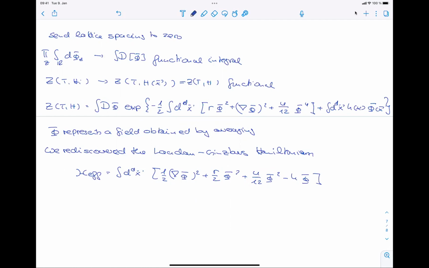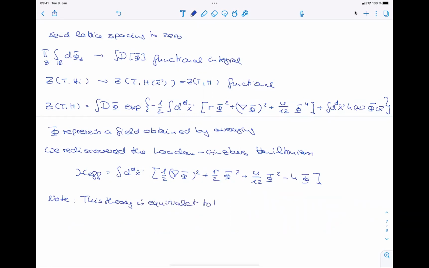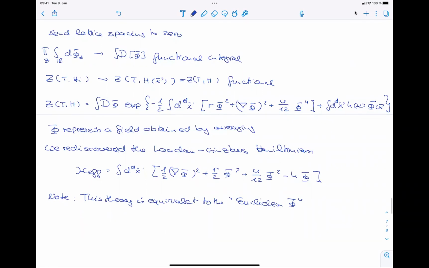And just as a note, this theory is equivalent to the so-called Euclidean phi 4 theory. And so next week, because I think it's probably useless to start for the next 5 minutes to dig into yet a new topic,